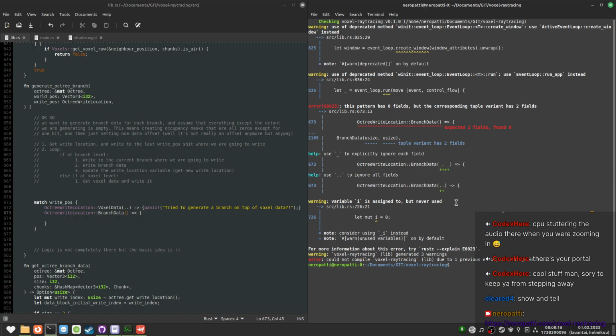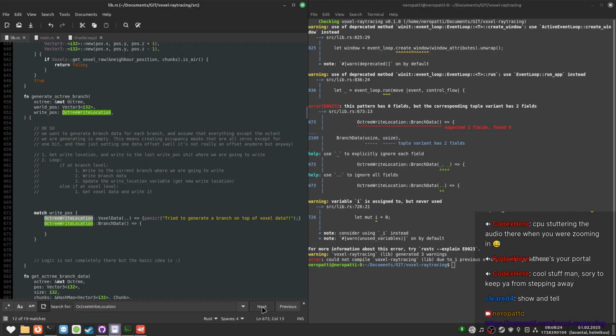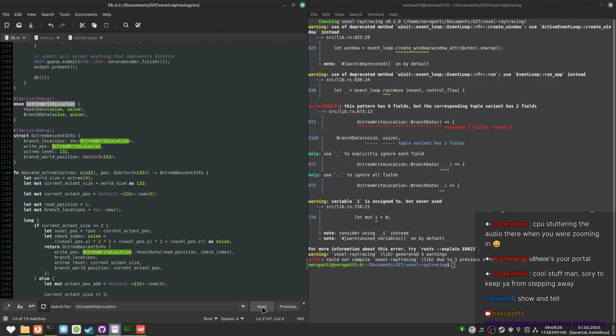We have two values here. How do we know the size ever? Oh yeah, the octree right location should have it. Oh, we get the octree level as an I32 from this.